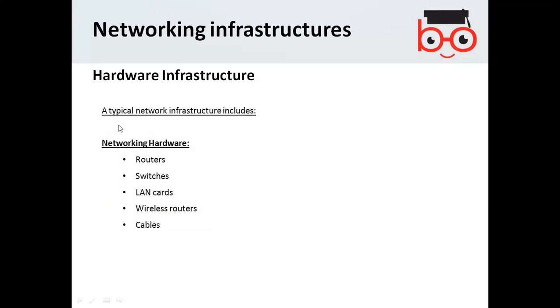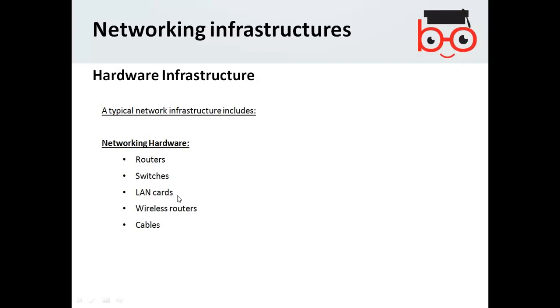Hardware includes routers, switches, LAN cards, wireless routers, and cables. A router connects your LAN to the internet. Switches connect your computers within a building, forming a local area network.